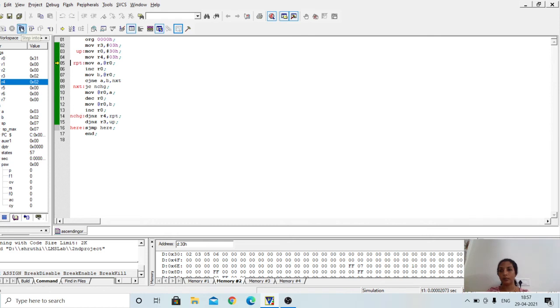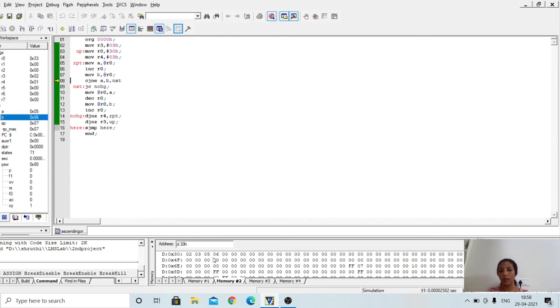Next, the content at the R0 register is taken to the accumulator. Again, 3 and 5 have to be compared. So it compares 3 and 5, and since they are in ascending order, they are not exchanged.